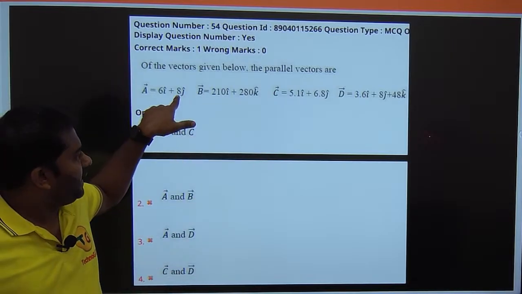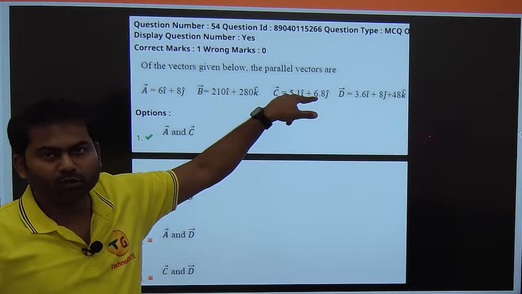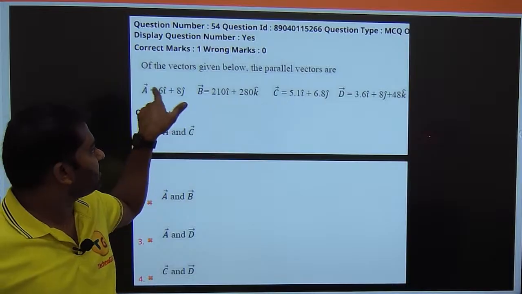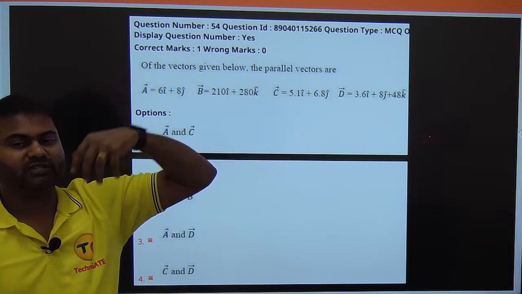ఇది ఒకవేళ 8 ఉండి, ఇక్కడ 8 ఉంది, బాగానే ఉంది, ఇక్కడ 4 అనుకోండి, you can say 8/4 is equal to 2. ఇక్కడ ఒకవేళ 3 ఉంది అనుకోండి, 6/3 is equal to 2. సింపుల్. You need to do calculations, it will take time. That's why this question is given.